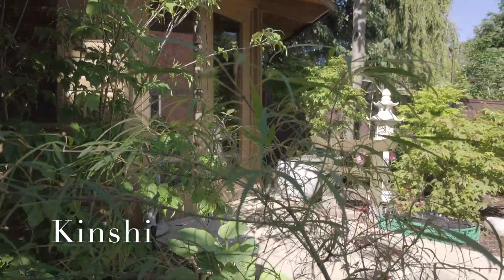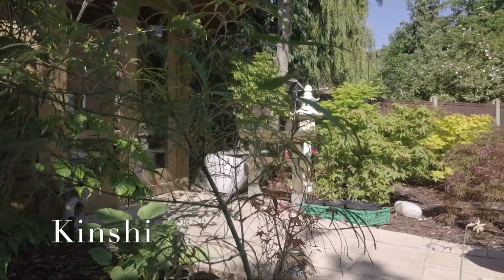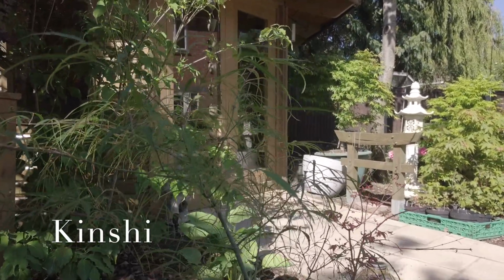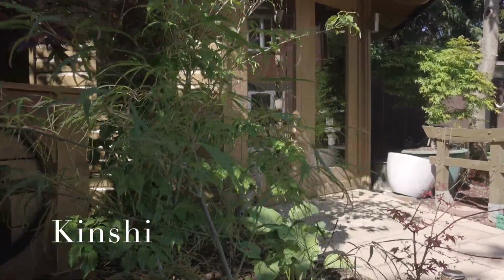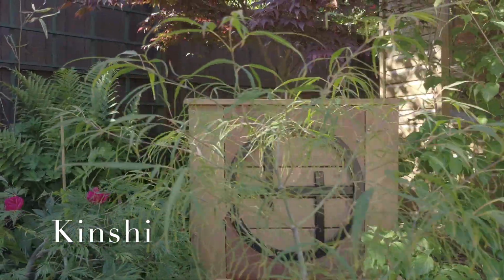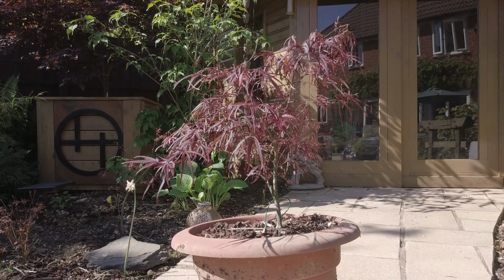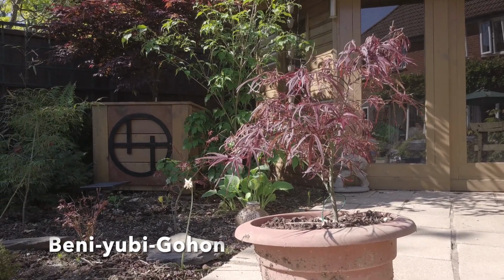They're usually dark green and are very, very finely toothed on the ends. It stays this colour for most of the year, and then towards the autumn it turns orange and yellow. The height of this one will grow to about 8 foot, which is 2.5 metres tall. This next one is a red variety, which stays this colour most of the year round. It's Benihime